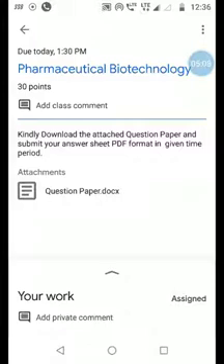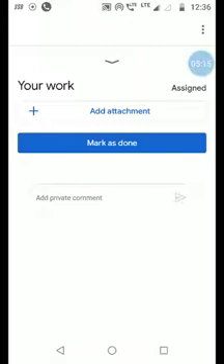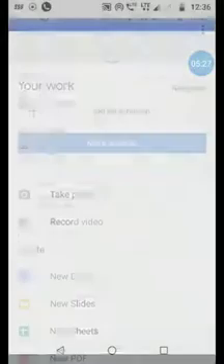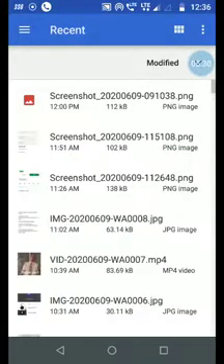So click on this arrow, which you can see, the downward arrow where your work is mentioned. Click on this arrow, so you'll be able to see this type of screen. Okay, now click on add attachment. Fine. So after clicking on add attachment, you can see all these files. So now you can see the file option here. Click on file. So after creating the PDF, your file will be saved to the file folder of your mobile. So you can go to the file and the recent option is there. Just click on that particular file.